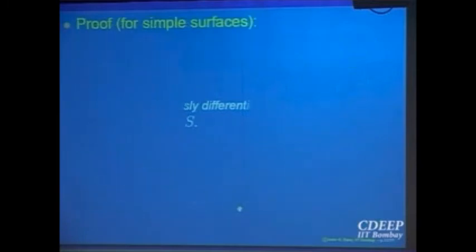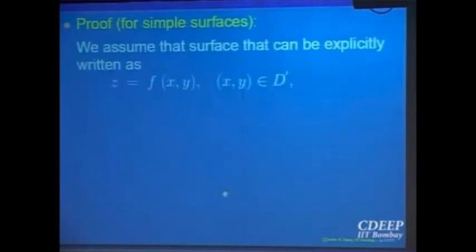So let us start looking at the proof, what is involved in it and how one goes about it. On one side is the surface integral, on the other side is the line integral, so both have to be computed. You have to give orientations, you have to give parameterizations, you have to look at F, the vector field, and look at its components. Write those in terms of the respective integrals, and then show the left hand side is equal to the right hand side.